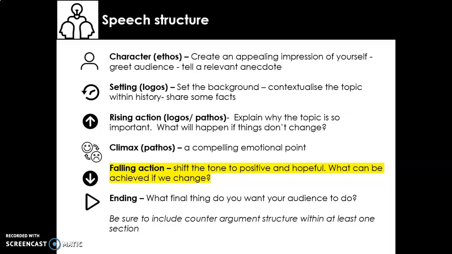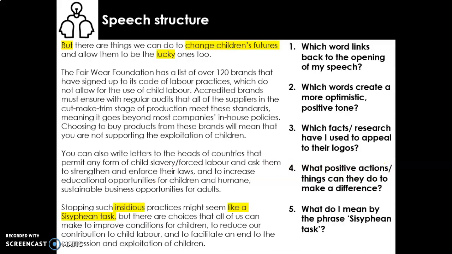We've given them lots of real evidence maybe around our topic, why it's so bad. It's damaging the environment. It's damaging children's lives. We've done the negatives. Okay, now, though, we want to lift their mood, and we want to do that so they actually feel they can achieve something. If all you do is make people feel that there is nothing they can do, that this terrible thing is happening and we're powerless, then you wouldn't be really persuading them in the right way. So we're going to see what I do for the falling action section. Okay, we're going to be thinking about shift from positive to hopeful and what can be achieved if we change.